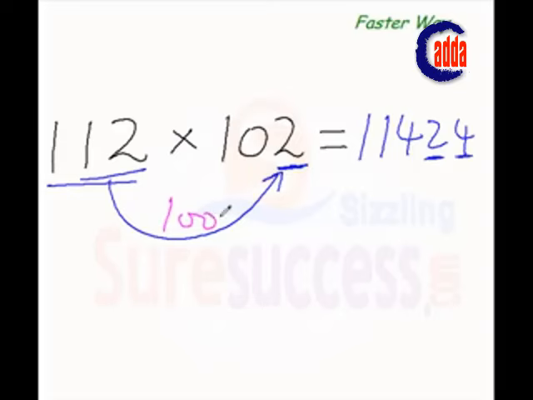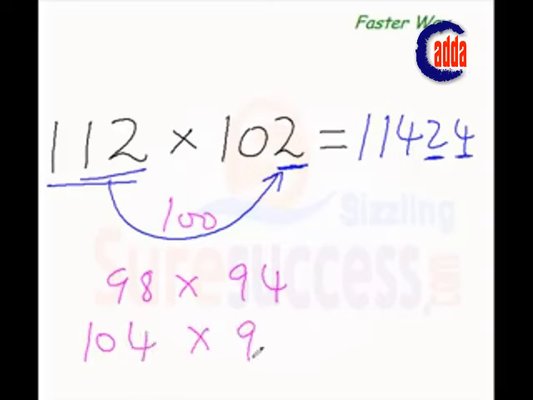Now, in the next video, we would be taking the other situations as well. That is, when both the numbers are below the base, like 98 times, let's say 94, they are both below the base 100, and when one number is above and one number is below the base, let's say 104 times 93, this is above the base, this is below the base. So we'll be practicing all these types of examples. The method remains